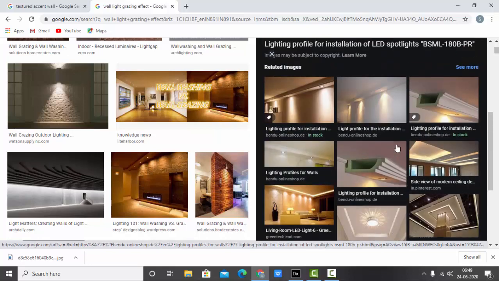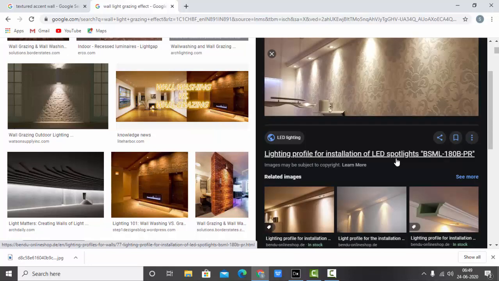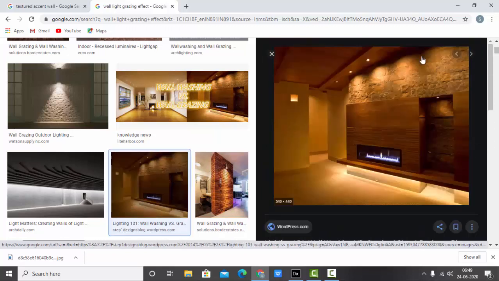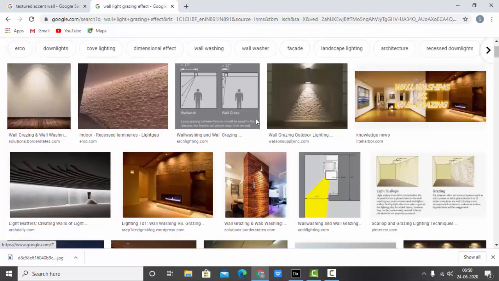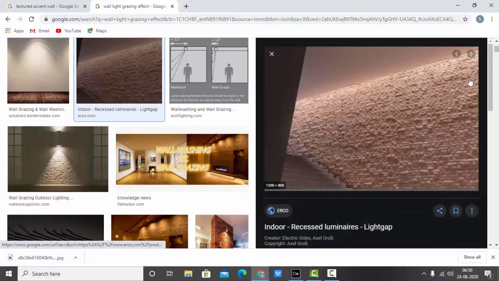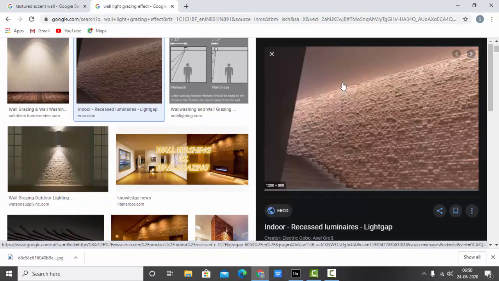Lighting should create a visual effect and it should not create any disturbance to you. So that's why it's better not to use downlights with a narrow or medium beam angle for a wall grazing effect. You can use them, yes, we can have a wall grazing effect by using some downlights, but compared with the linear wall grazer, it will not have that much visual impact. Let's see this one. Now you can see here it is a linear wall grazer. The source is hidden, and you can see how nicely it is grazing the wall.